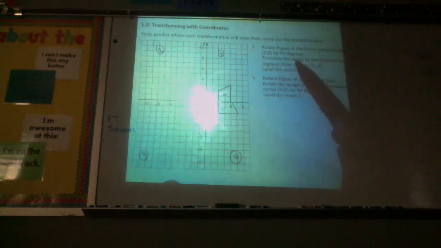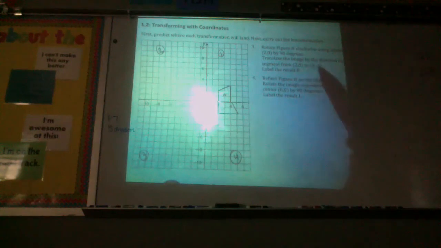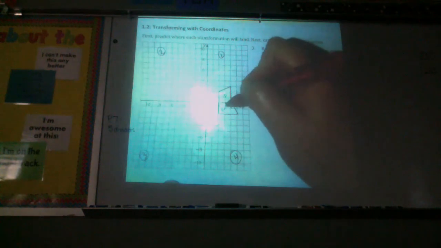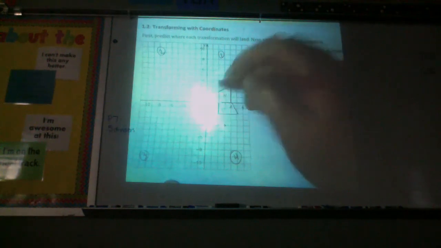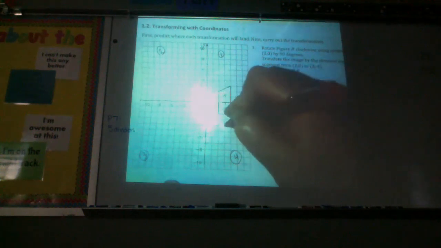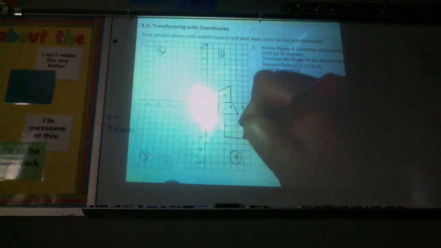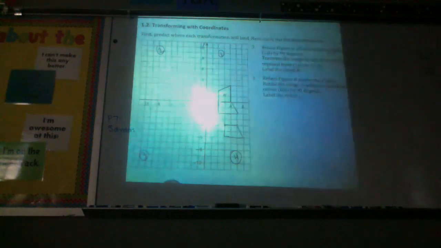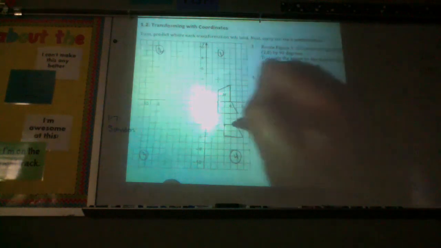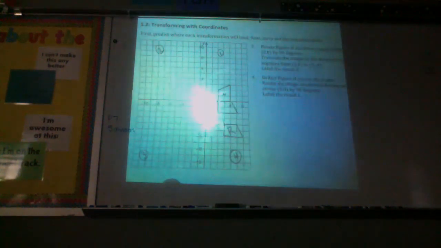Now we're going to translate the image by the directed line segment from 2, 0 to 3, -4. So here's 2, 0, and 3, -4 is here. So what it's saying is take these points and move them all this way. So this point here is going to move here. That means the whole shape will look like that. And then it says label the result R. So whoever guessed that it would end up in